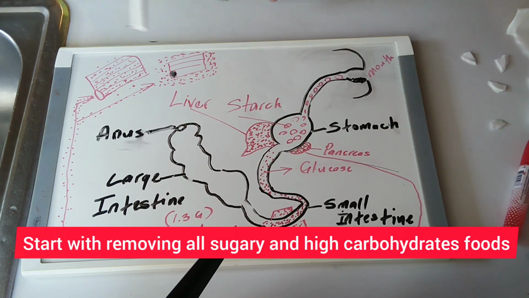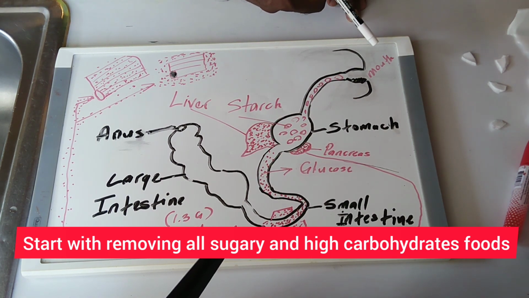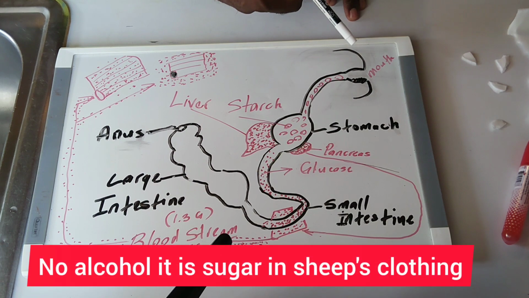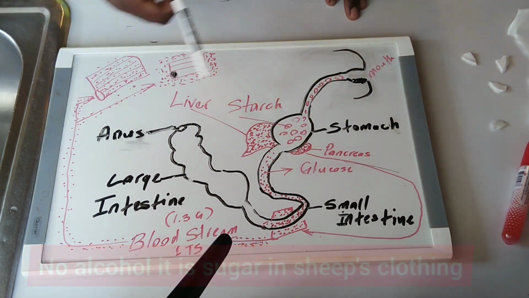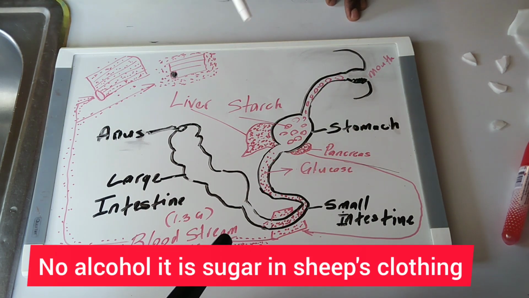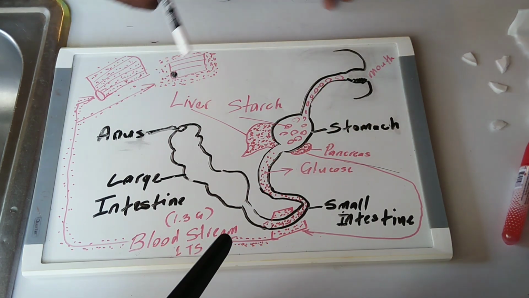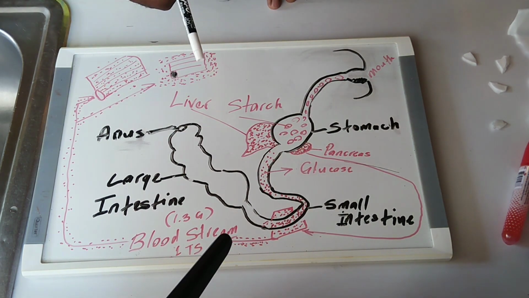Alright, so now you're going to ask me, how are you going to solve this now, Sir Mark? Alright. A person with diabetes, you need to change your diet. You see it? Simple as that. When you go to the doctor now, they will tell you this. Many doctors don't even know how this works. They just tell you that you have diabetes. They don't know. I mean, I'm not a doctor. Or if they know, they're not telling you.